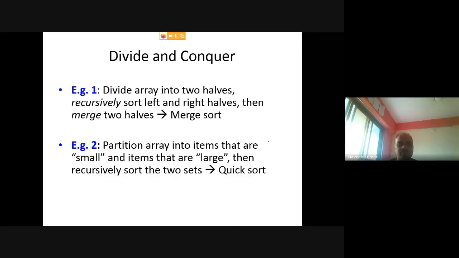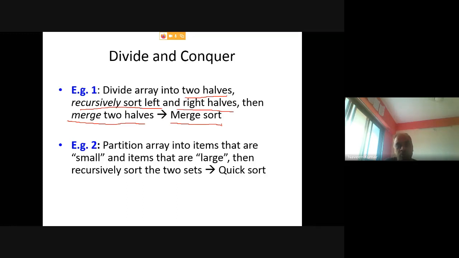First way is this. Divide your array into 2 equal halves, and recursively sort the left and right halves of your array. Then merge the 2 halves. This is the approach that you use in merge sort. You already worked with merge sort.